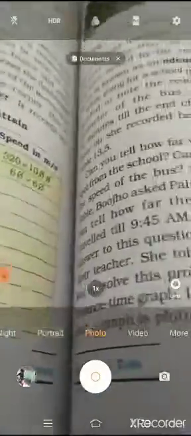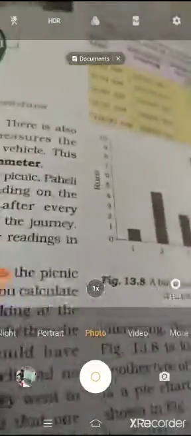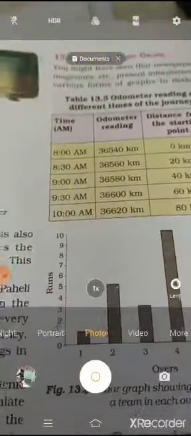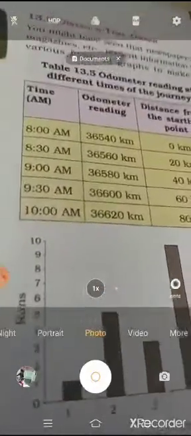In the previous class, we have studied about the problems or the numericals regarding the distance and time and average speed. In this class, we will be dealing with the distance time graph. How to represent the average speed, that is the time and the distance, on the graph, that is the distance time